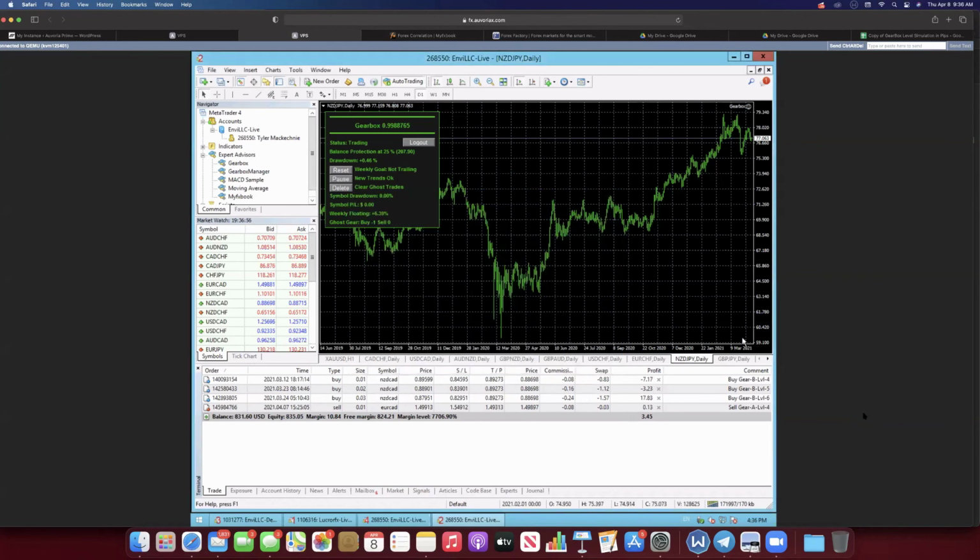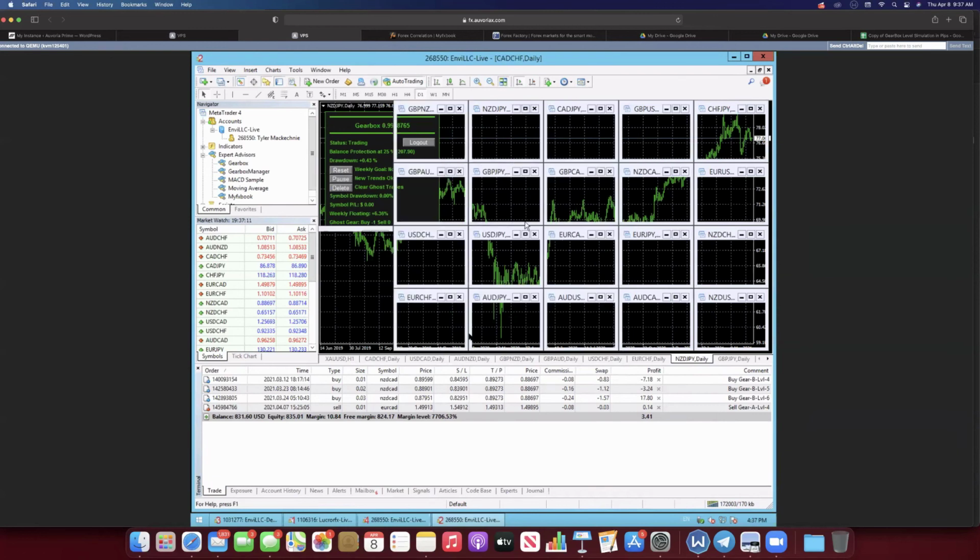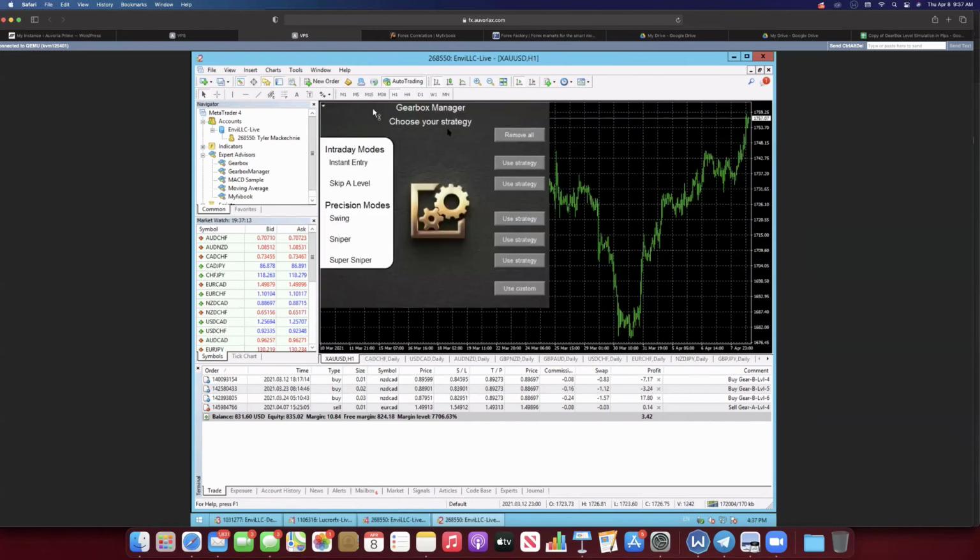Ravi said, my GearBox is not taking trades, min account balance, we can start. Yeah, absolutely, Ravi. GearBox takes a while to get in trades. If you're saying min account balance, meaning $250, and you're using Super Sniper, it might be 2 weeks before you get a trade, bro. To be completely honest with you, the more conservative your entries, the longer it takes to get a trade.